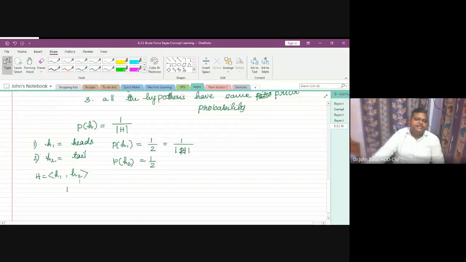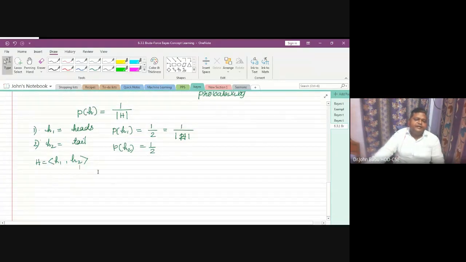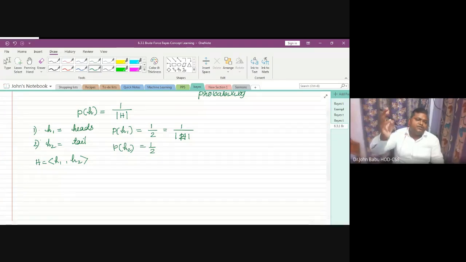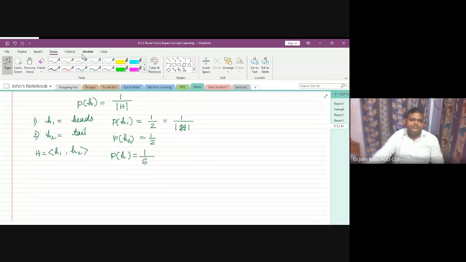When you are rolling a dice, how many hypotheses are there? 6: H1 for 1, H2 for 2, up to 6. Then each hypothesis has the probability of 1 by 6. This is the magnitude of the set. So here we write the probability of